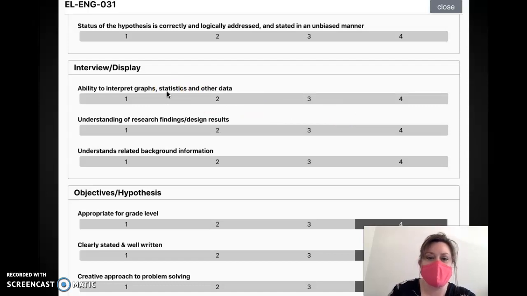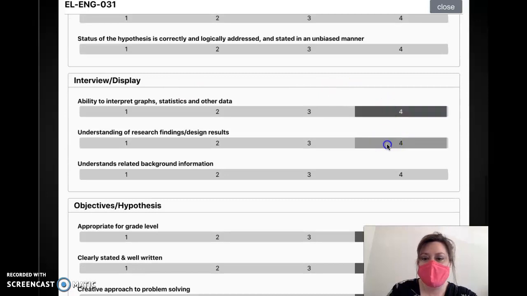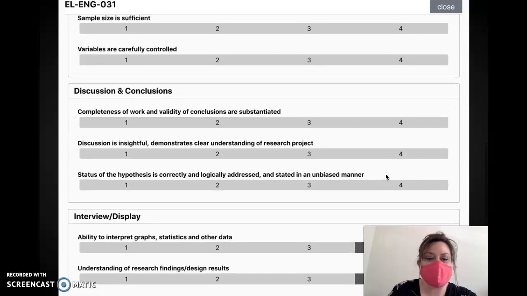Again, keep in mind when you're looking at graphs and statistical data, the grade level that these students are coming from. So for elementary division students, finding the average might be the highest statistical analysis that they need. For a middle school student, we might expect them to find the mean, the median, the mode, the average, etc., look at any outliers. And for our senior division kids, oftentimes they will actually run true statistical analysis, and that is appropriate for them, especially if they've been working with a professor at a university. So we'll give them a score for those pieces.